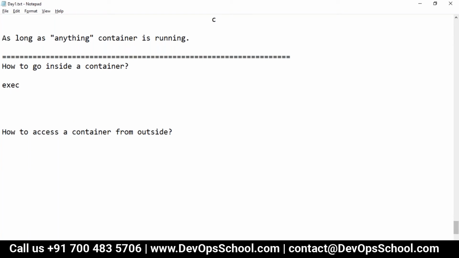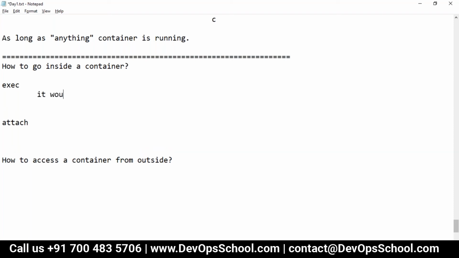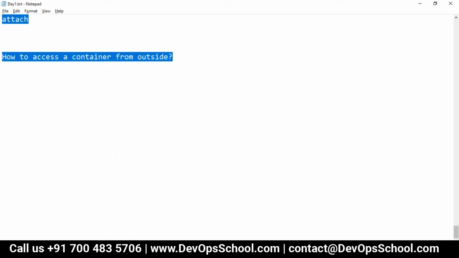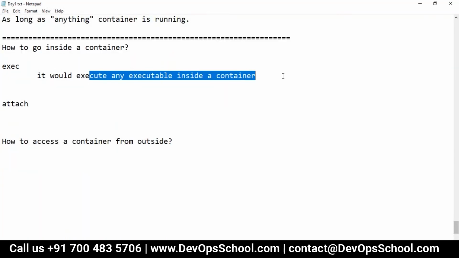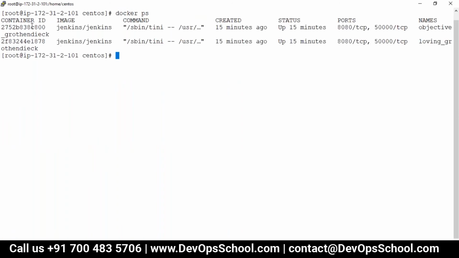Many times I have done it. And there's one attach way. What is the exec way? Using this command, it would execute any executable, remember, any executable, but inside a container. For example, you want to execute something in a container. So docker ps, you see here, I have this container, docker exec.